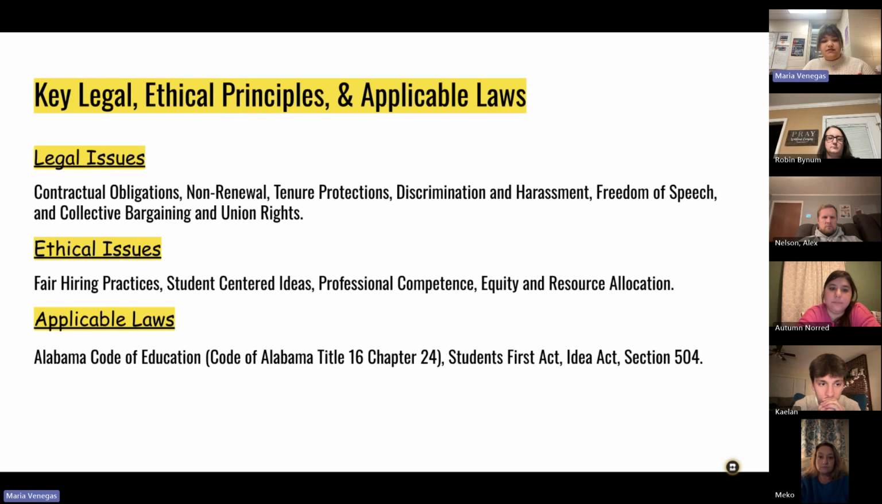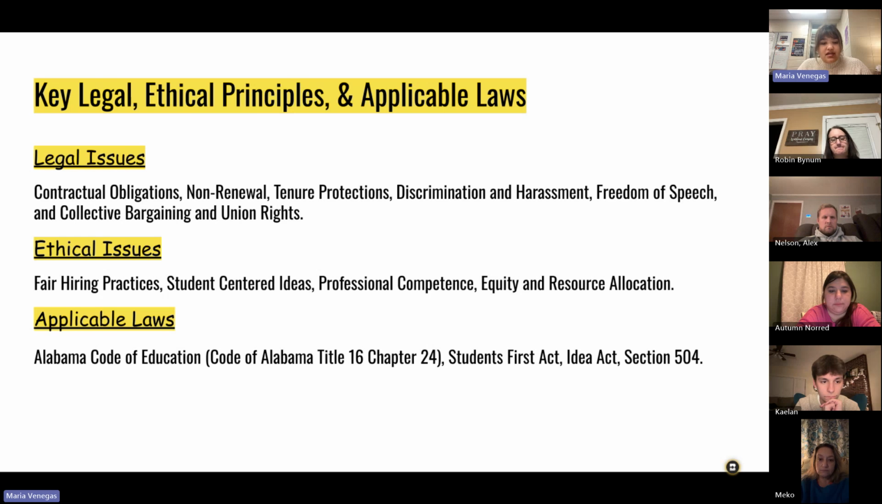Some key legal issues that educators face include fulfilling obligations, understanding tenure protection and non-renewal, avoiding discrimination and harassment, respecting freedom of speech, and knowing your rights around collective bargaining. Fair hiring practices, keeping students' needs at center, maintaining professional competence, and ensuring equity in resource allocations are all important